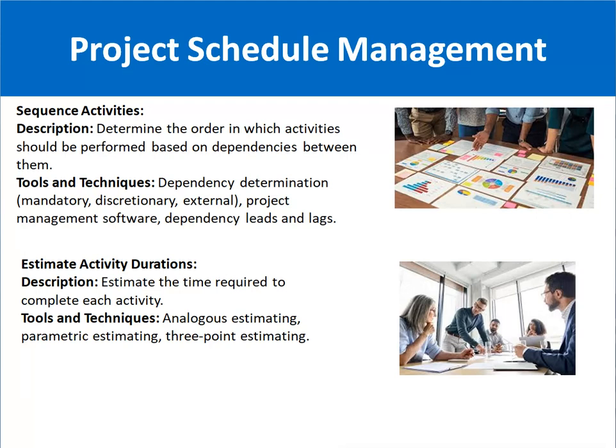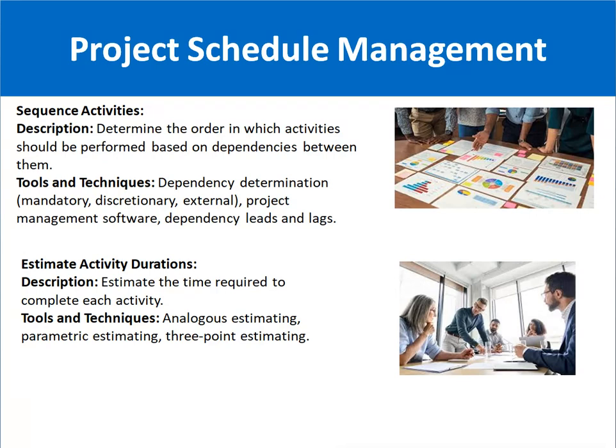There are also discretionary and external dependencies. Discretionary you can say is a partial dependency. External means some other factor. For example, you have requested some hardware, and it is coming from, for example, the USA. So it is dependent on the vendor, obviously, or some other external factors.